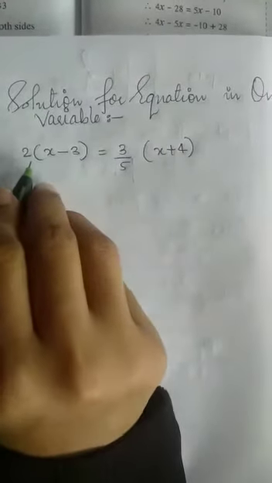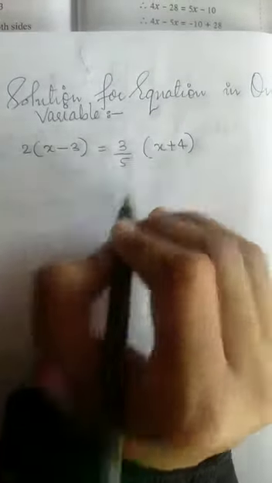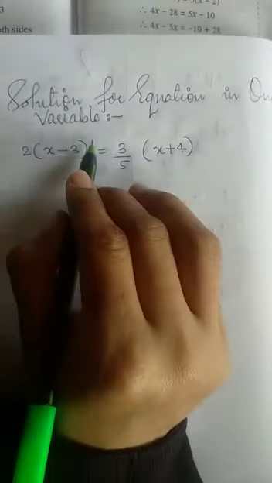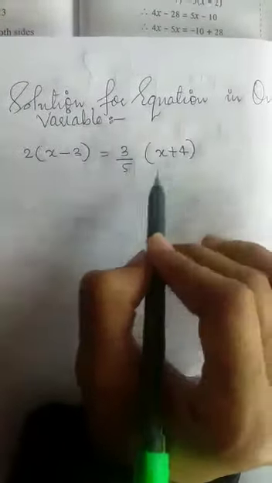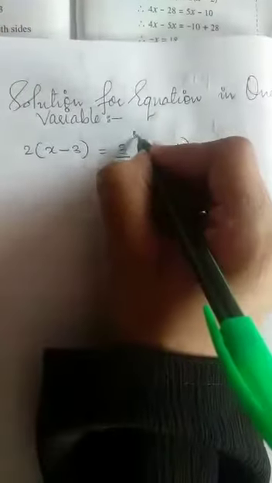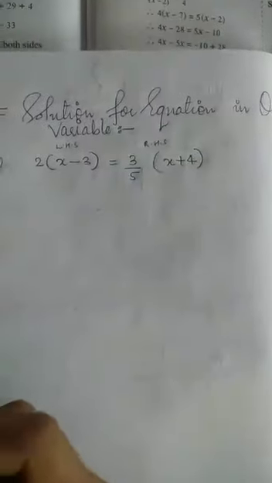See the solution. If the equation is like 2 into (x minus 3) is equal to 3 upon 5 x plus 4. This bracket, (x minus 3), is in multiplication with this 2, is equal to 3 upon 5 x plus 4. Can you see that? This is the plain equation, and this equation is given in a fractional form. This is RHS and this is LHS, right hand side, left hand side. Now start to solve it.